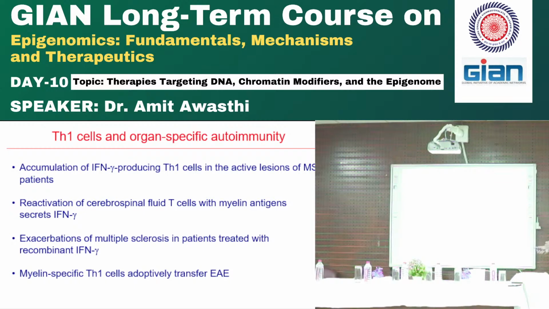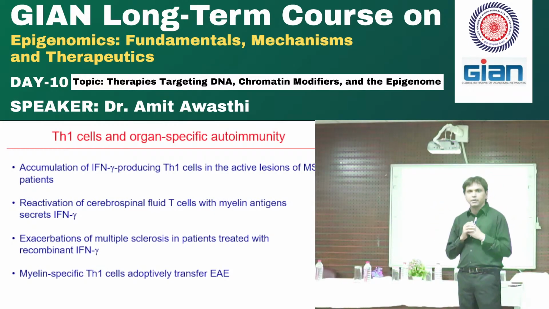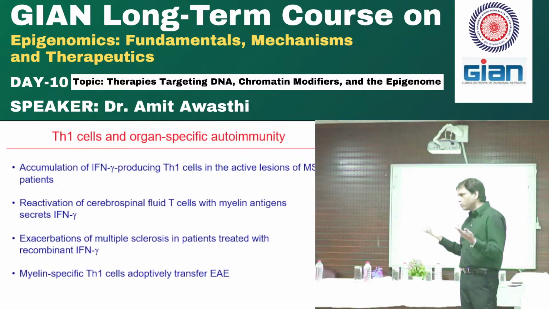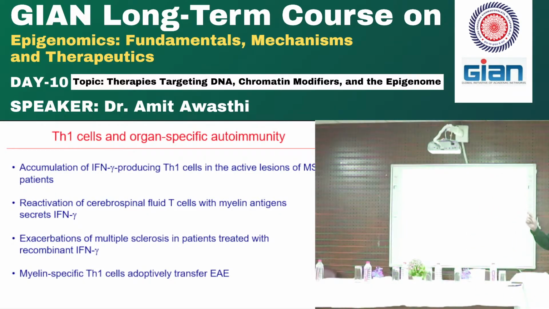So what they have done, they found, don't read all these points, what I'm trying to say is that they found in these lesions of the brain more TH1 cells. So they thought the disease of multiple sclerosis, as an example, it could be another disease, is TH1 associated because you have interferon gamma. It's simple, no brain, right? 1 + 1 = 2, right? But this 1 + 1 = 2 for a longer time gave a lot of false results and a lot of false therapies, and that's how the mouse immunologists actually identified